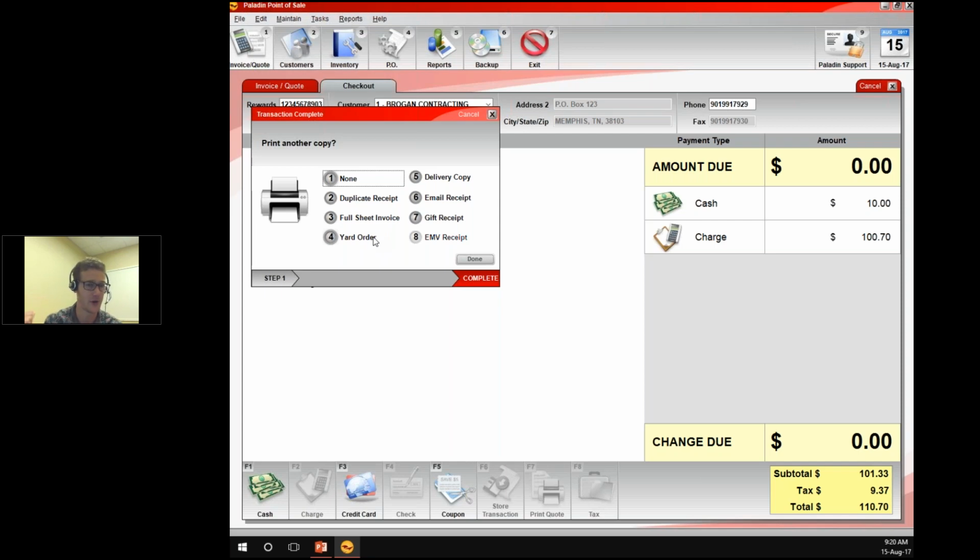Maybe we have a printer hooked up to the back, so when you print that, the warehouse printer starts printing out, and the guys know, hey, we got an order coming down, we need to fill it. Maybe we can get a little ahead of the game before the customer drives around to the back of the building. Delivery copy, if you're not using the delivery app that comes with Paladin, this is a great way of